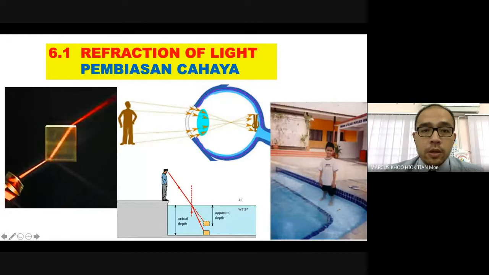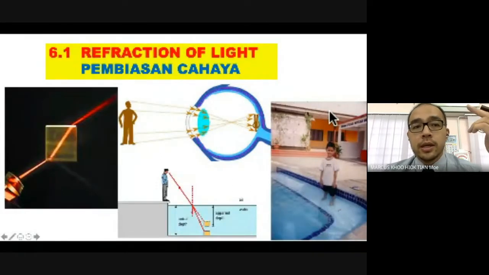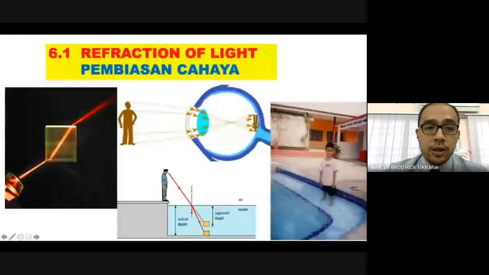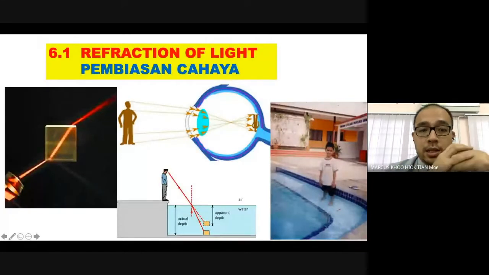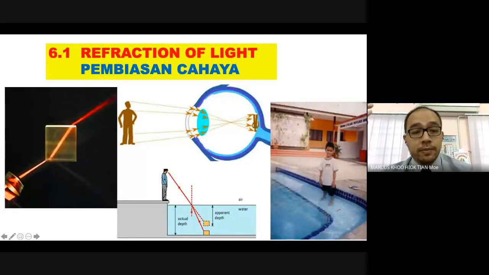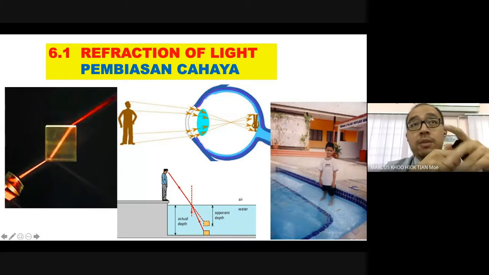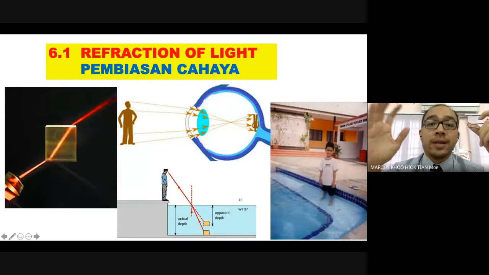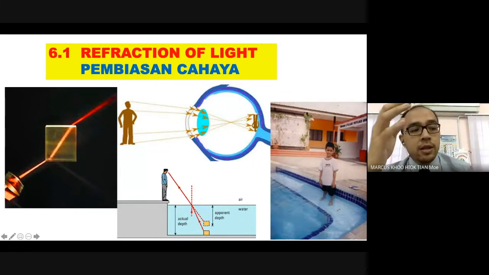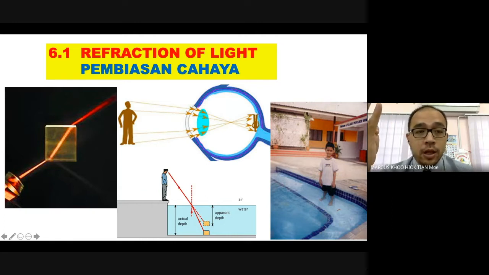So today we're going to go into a new chapter, and the new chapter is called Light, which is actually an extension of the chapter on waves. But we're looking at a very specific wave. So previously we looked at the four phenomena. If you remember the four phenomena, we are looking at